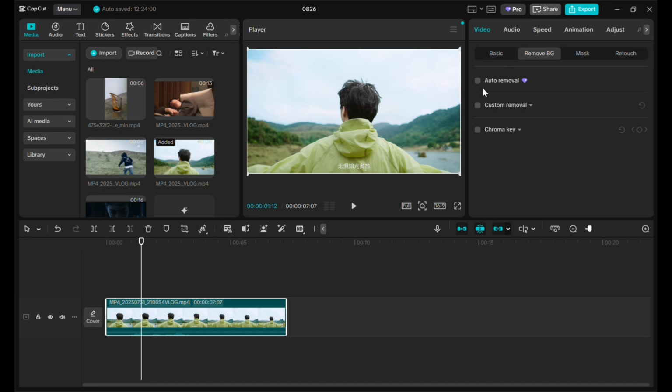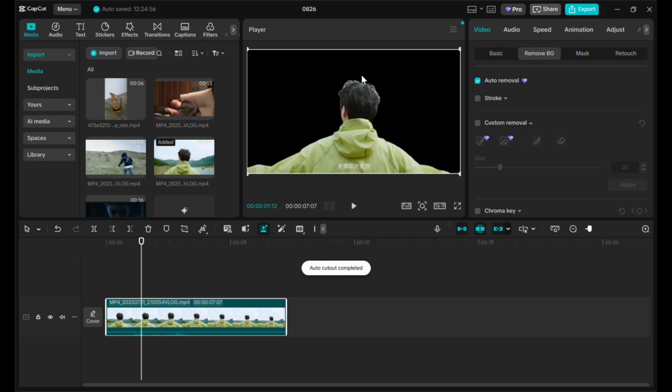And then in here, you can choose auto removal or you can also choose custom removal and then choose brush. Just choose brush if you are a free user, or if you want to make it faster, you can choose auto removal if you are a pro user. For example like this, the background is already removed, and then go to adjust,